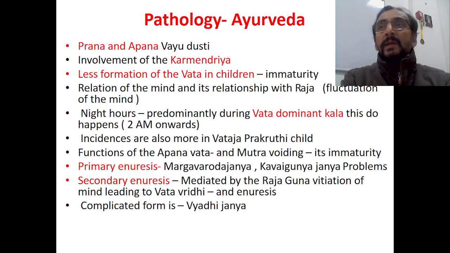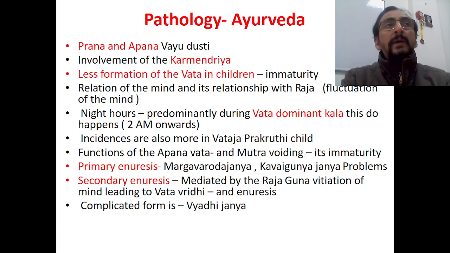It is also observed in Vataja Prakriti child. Also, the incidence of the Shayya mutra is more. Functions of the Apanavata, if you see, Apanavata is directly related with the function of mutra, voiding of the mutra. Now, even the Apanavata is also immature in this condition. So, Apanavata is not able to control the mutra, or Apanavata is not able to regularize the flow of the mutra. There is sudden excitement and sudden opening of the sphincters that leads to passing of the urine in the